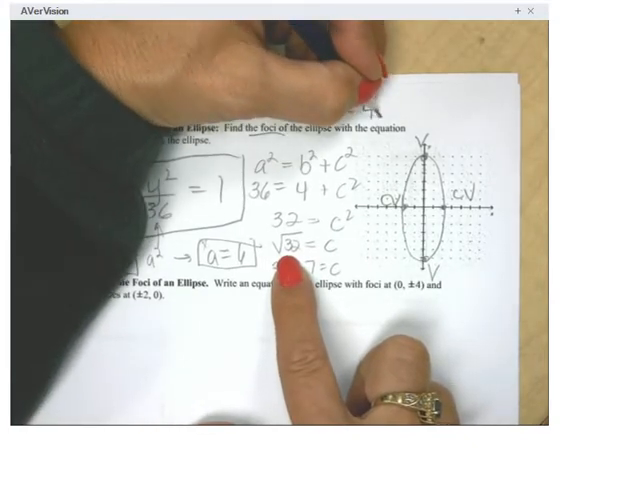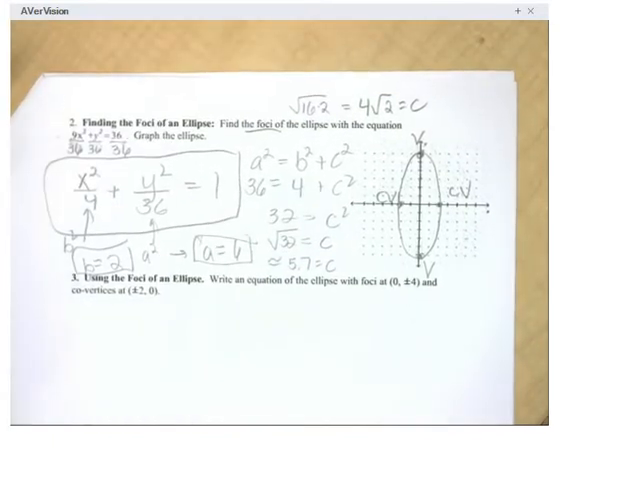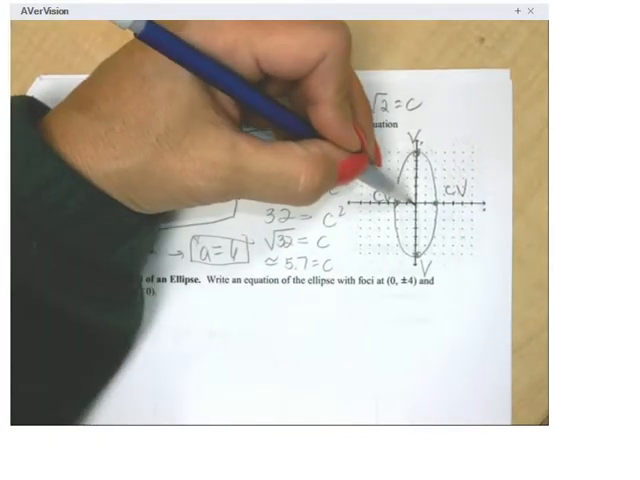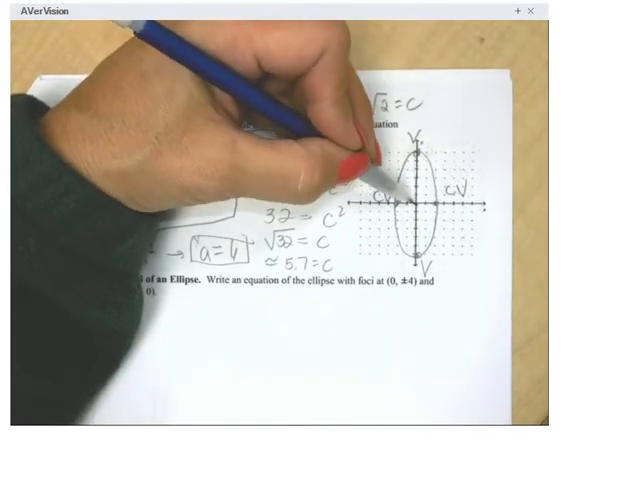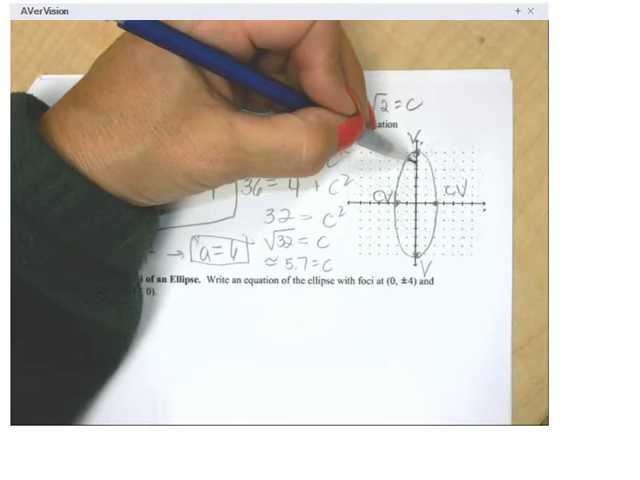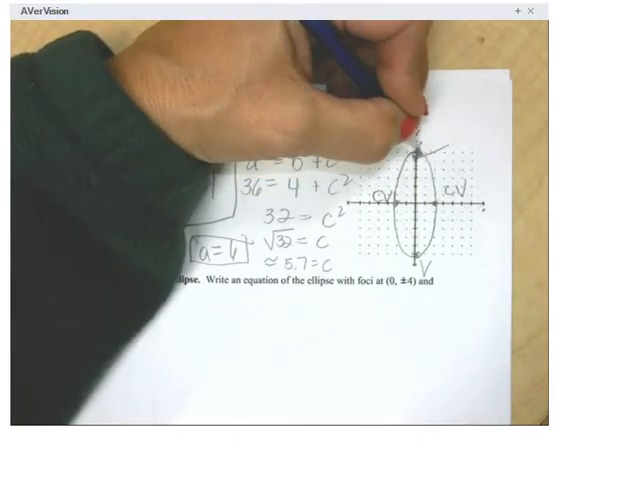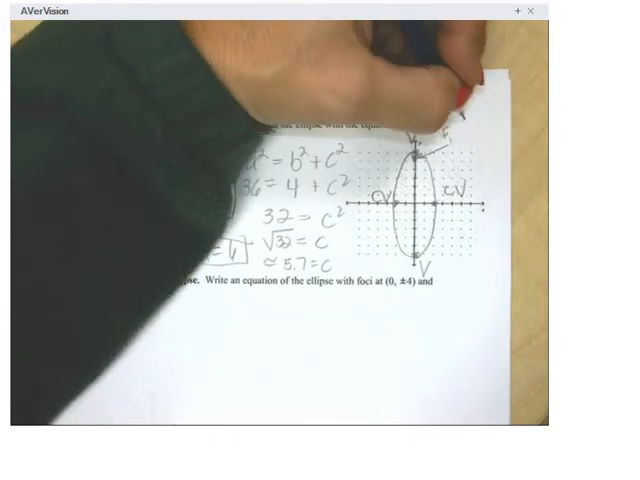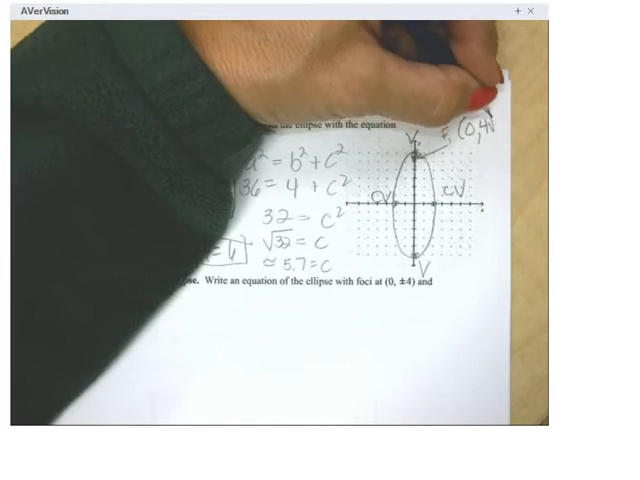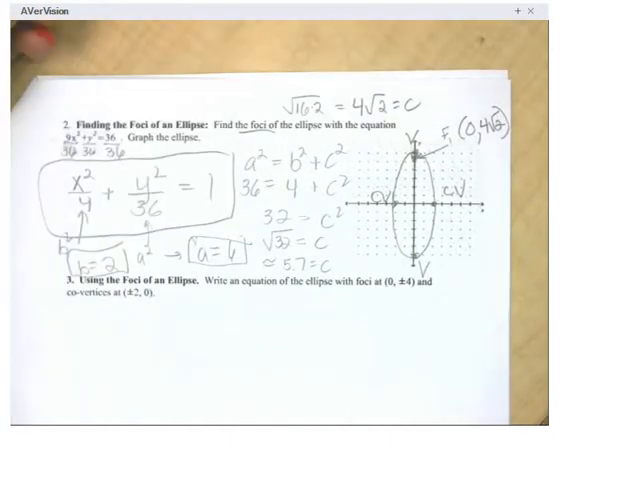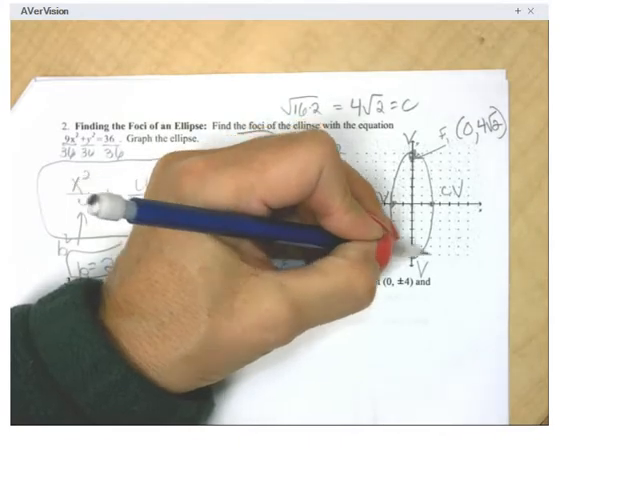And so I would change that 32 into, I know that that's 16 times 2. So I would know that c would equal 4 times the square root of 2. And now I have to find the coordinates. So I know if you move 4 times the square root of 2 up from center, I would have a focal point, which we said was about 5.7. So there's one focal point there, and its coordinates would be, the x-coordinate is 0, its y-coordinate is 4 square root of 2,